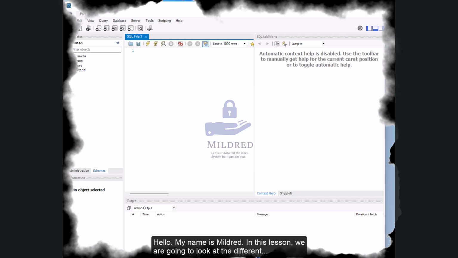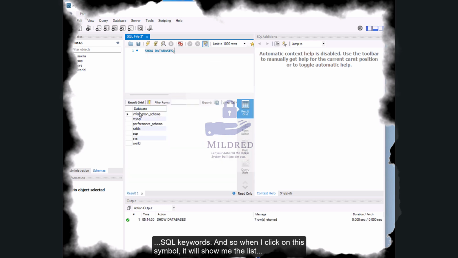In this lesson, we are going to look at the different operators that MySQL supports. For us to start, let's review the basic commands. To look at the list of databases that we have, we use a command called SHOW DATABASES, like this. It is a convention to use uppercase to write SQL keywords. And so when I click on this symbol, it will show me the list of databases that are present on